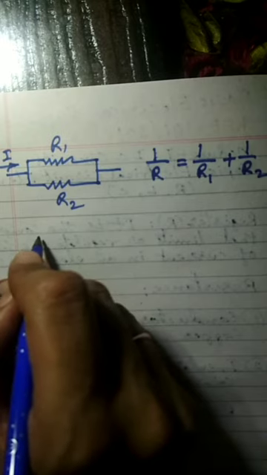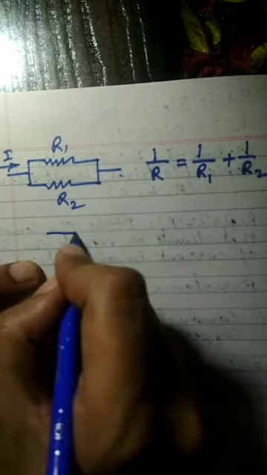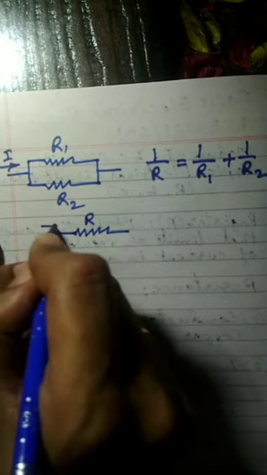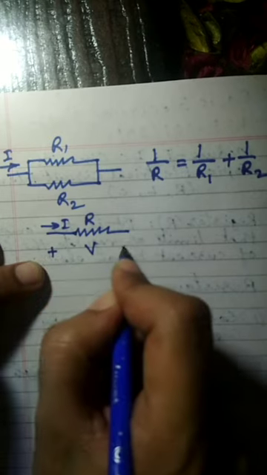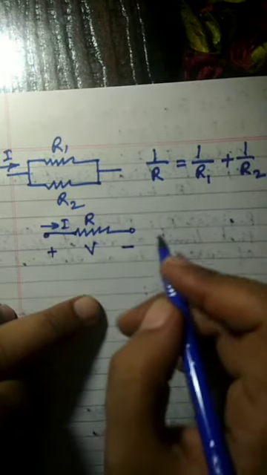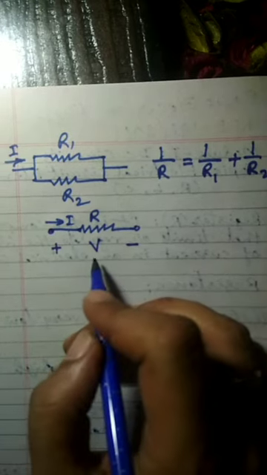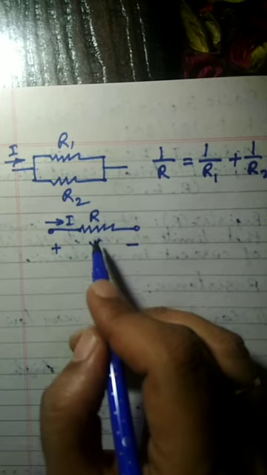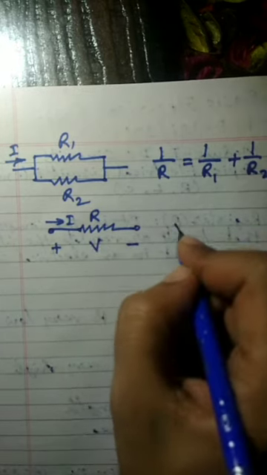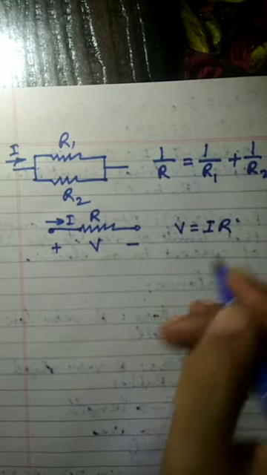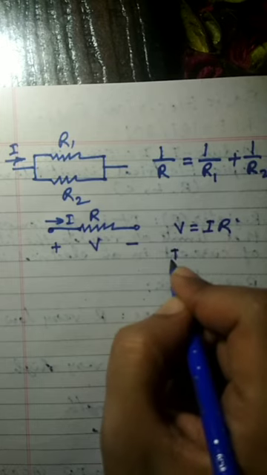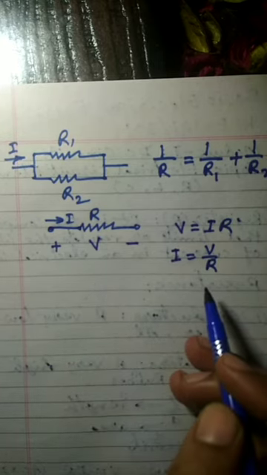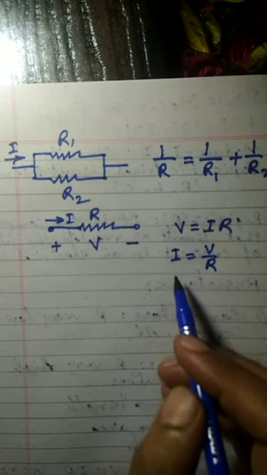Now, as I mentioned earlier, Ohm's law. As per Ohm's law, the relation between the resistance, the current, and the voltage can be represented by this symbol, where the potential difference is represented by V. So the current will flow from the positive terminal to the negative terminal, and if R is the resistance of the branch, then we will write V is equal to I into R, and I is equal to V upon R. So if we know the potential difference across a particular branch and the resistance of the branch, then we can easily calculate the current that is flowing through the branch.